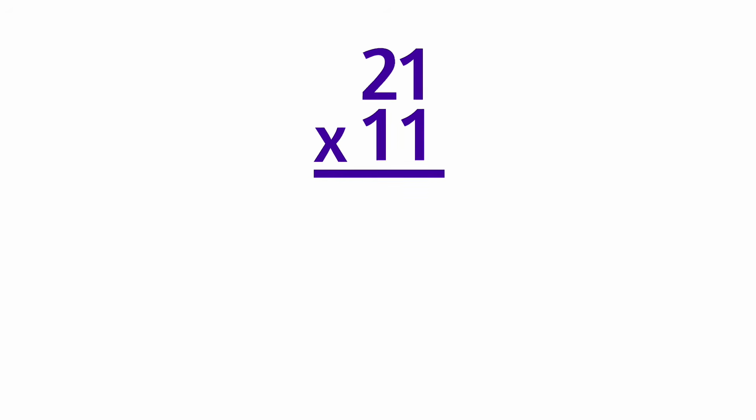Let's start with 21 times 11. We write 21 on top and 11 right below it, lining it up by place value. And we're ready to go. Now, for the first steps, we aren't going to use this digit down here in the tens place. We'll need it later, but we'll have to wait. What I like to do is cover it up real quick.